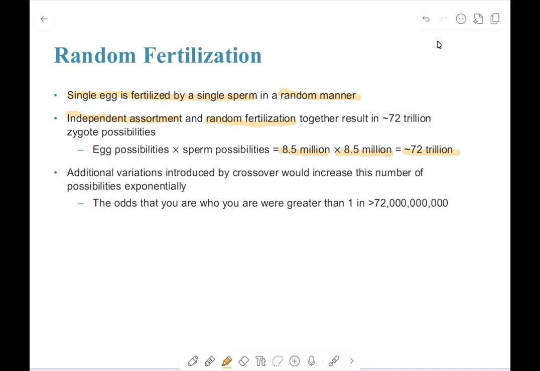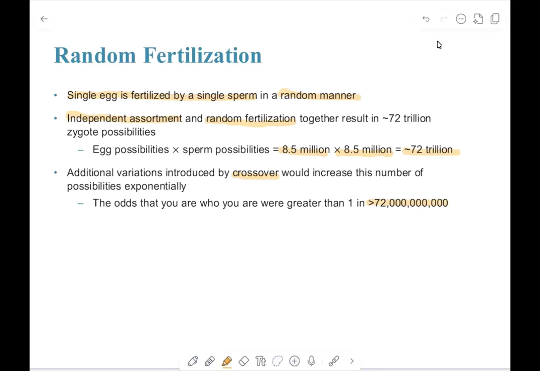So these additional gametes are introduced by the crossover, which would increase this number exponentially. So again, the odds that you are who you are is greater than 72 trillion when we add in the crossover in addition to the independent assortment. In summary, the three different factors are the independent assortment, the crossover of the homologs, and also the random